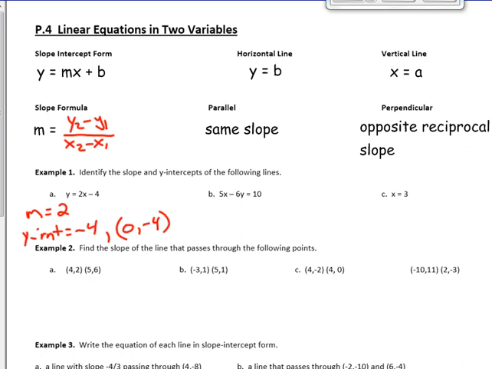For B, we're looking at, again, finding the slope and y-intercept. Well, the easiest way to do that is to put this equation in slope-intercept form, because then that information is already there, which means I need to get the y by itself. So I subtract 5x from both sides, and I get -6y equals -5x, and then plus 10, divide by -6,